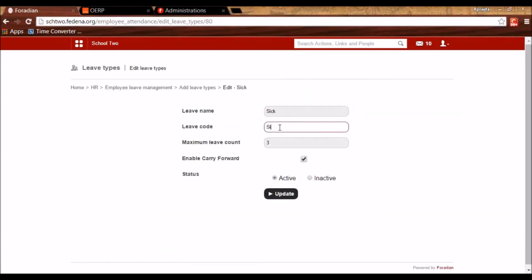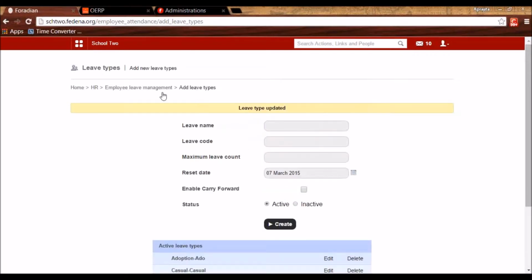We will give some code, can be same as name or different, and how many such leaves are allowed. So what I'm saying here is that 3 sick leaves will be allowed for the employees, and the duration I have to set separately. Do I want to carry forward the left amount of the leaves? If yes, then it can be checked.